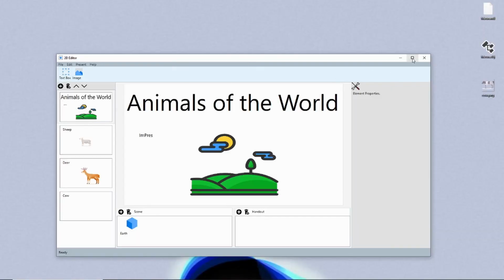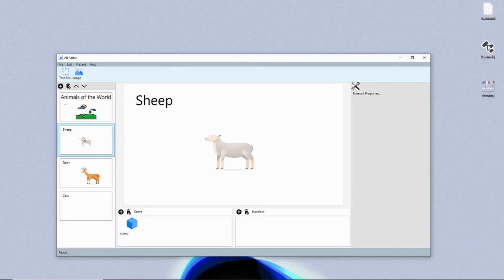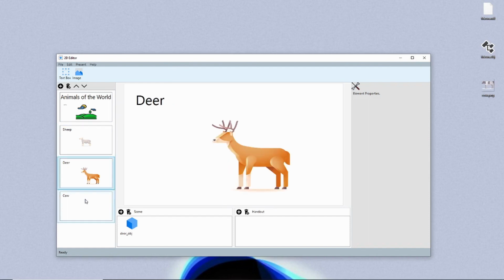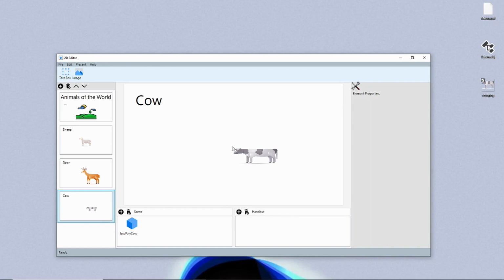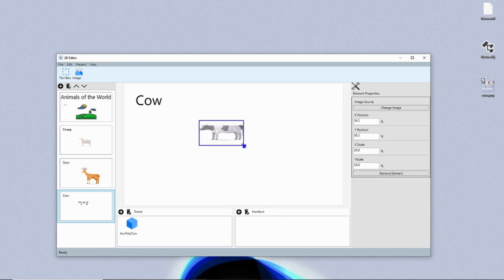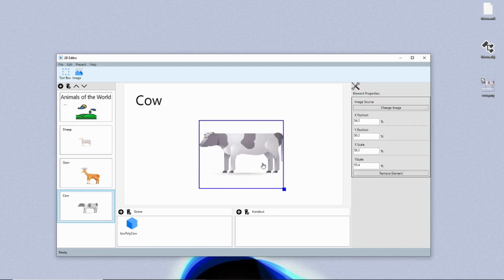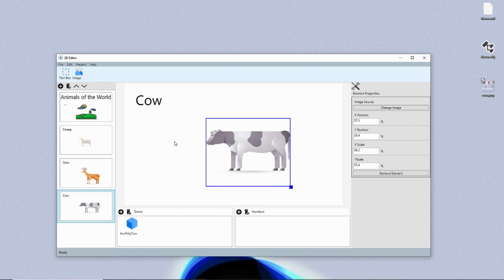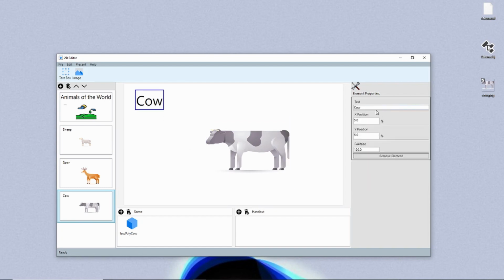Here you can see the 2D editor. On the left side, one can navigate to the correct stage that is then shown in the middle. It is possible to add images via, for example, drag and drop, and to rescale them and to reposition them. And for sure, text can also be changed and repositioned here on the canvas.